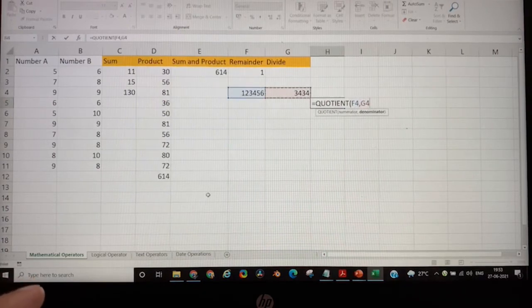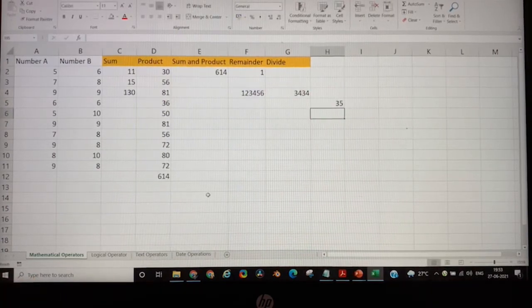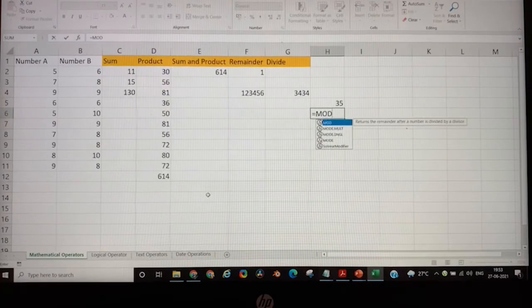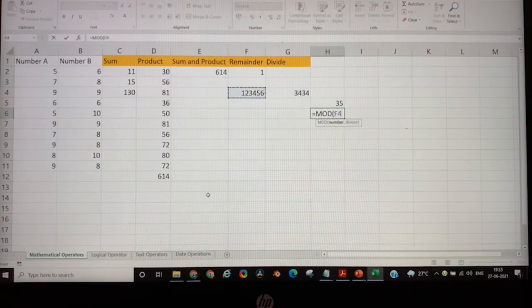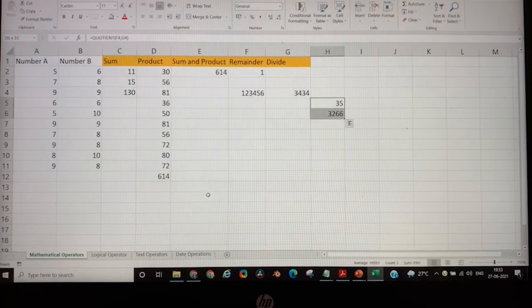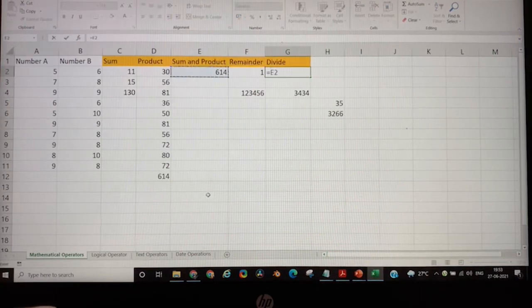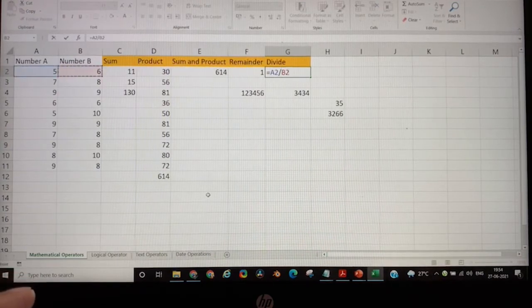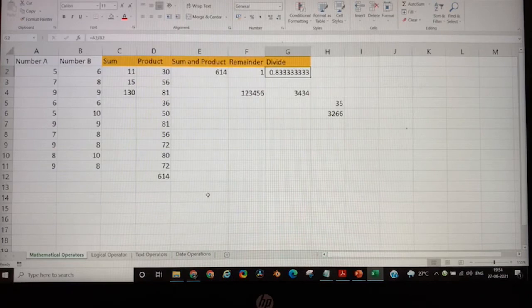The denominator is this and it will give you the total quotient. And for remainder, you can once again use MOD. To divide two values, it's very straightforward. You just take the number, put a forward slash, take the denominator and you get the value. So that's how you can divide.